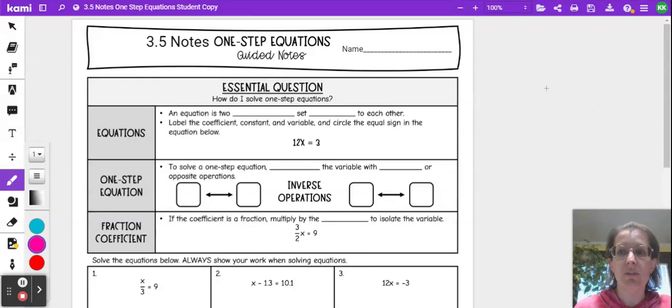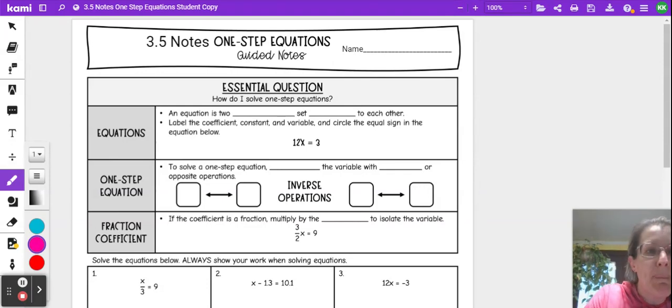Today we are going to be starting solving equations. By the end of this unit, you will be solving equations that have like terms that we already did and distributive property. But first we need to get the basics of solving equations down. So